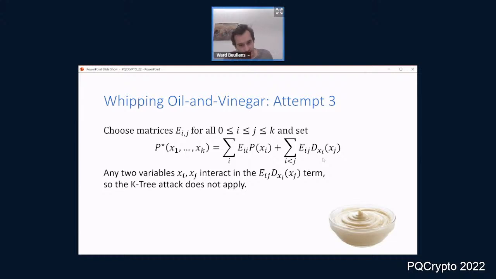Right. So the point is that we started from this small map P, and then we just mix it up into something much bigger with an oil space that's also bigger, so big enough to sample P images. So we just use this P star now in the same way as we used P in the original oil and vinegar construction to sample P images.